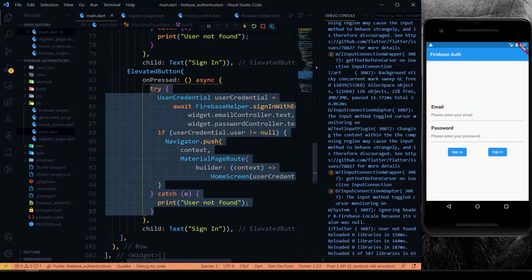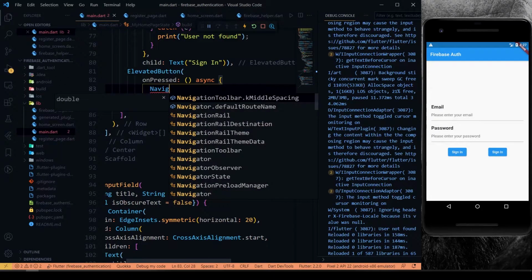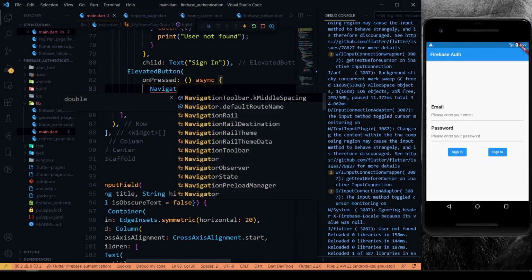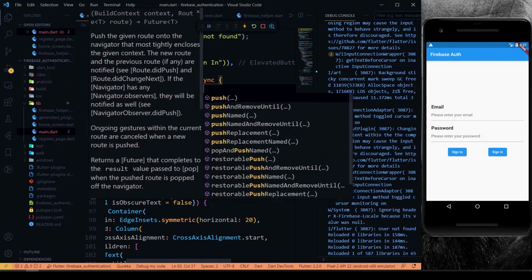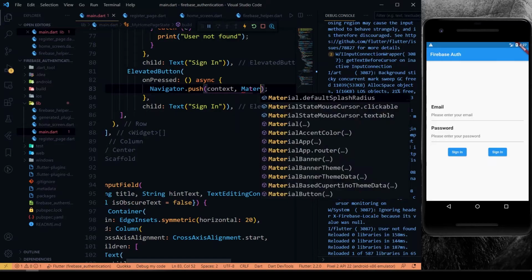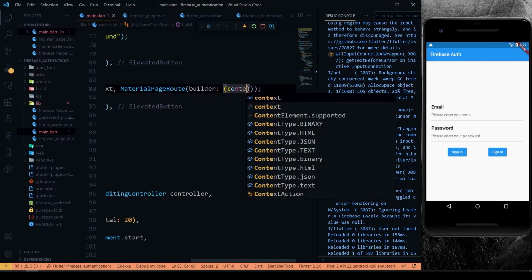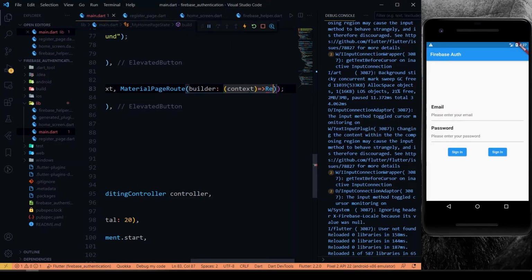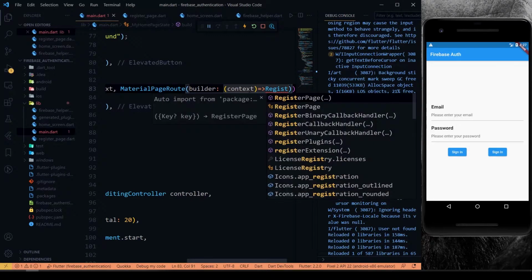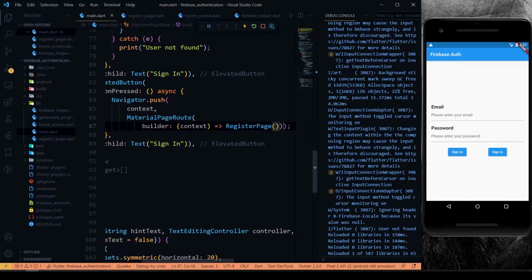Here we will only be navigating the screen to our register page. Yeah, we have navigated, and this will be register.